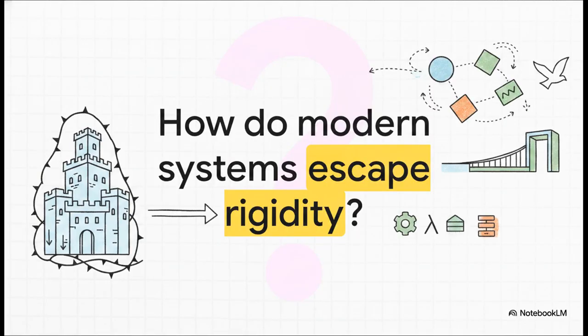So if deep class inheritance is a trap that leads to rigid code, how do modern systems actually escape it? Well, the answer isn't to just throw out object orientation entirely. Instead, it's to pivot toward a liberating, multi-paradigm approach. We are drastically reducing our reliance on traditional class inheritance by bringing in concepts from other programming philosophies.